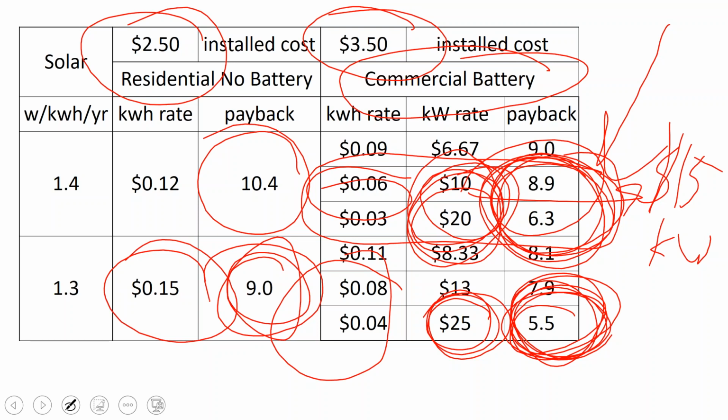So the utilities who are arguing about revenue loss caused by solar are, to put it softly, looking towards the future and saying this is going to be a problem for us down the road. But batteries, man, when you think about it, if half of a commercial electric bill is demand charges, and maybe half of those demand charges could be reduced by batteries, and maybe half of a utility's revenue comes from demand